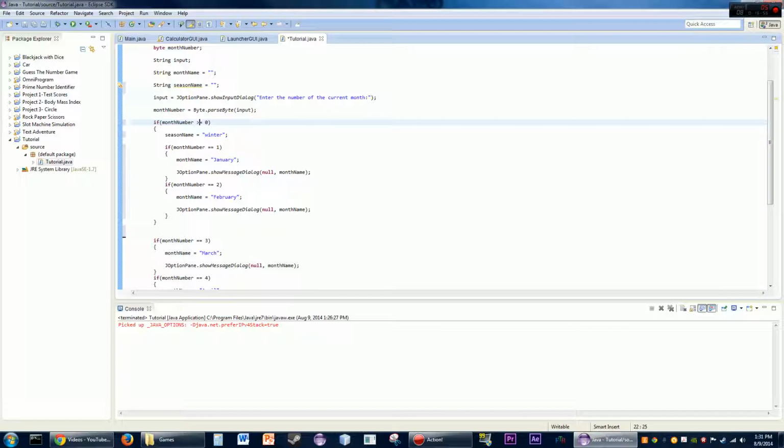And then, of course, you've got your less than, same concept. So let's just do greater than or equal to 1. We could do it that way. So basically, if the month number is anything greater than or equal to 1, it's going to say the season is winter. And let's also go ahead and print out